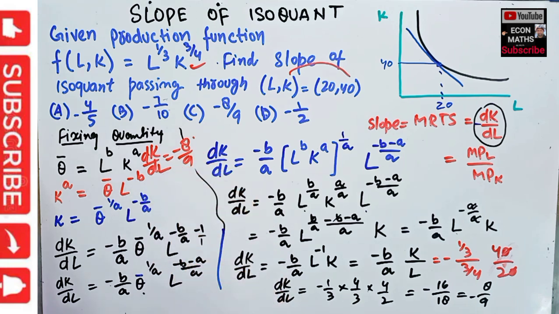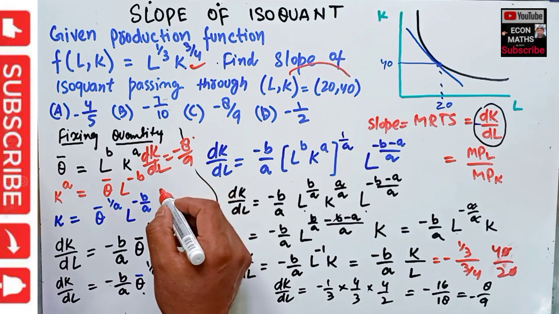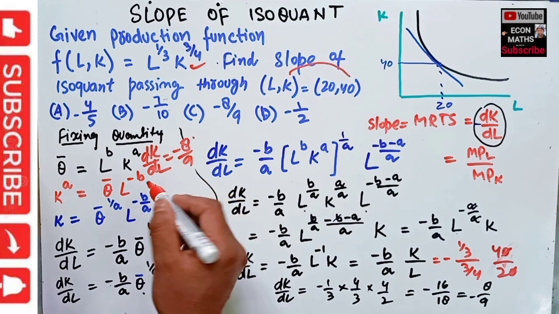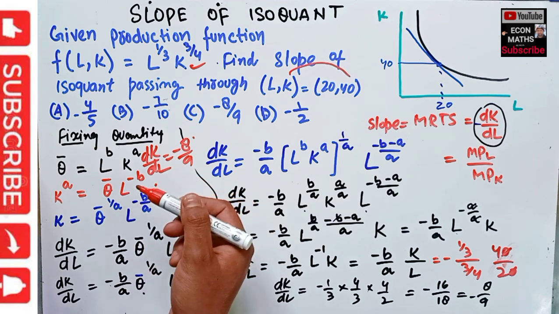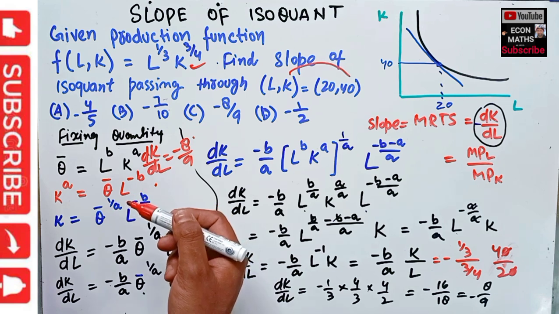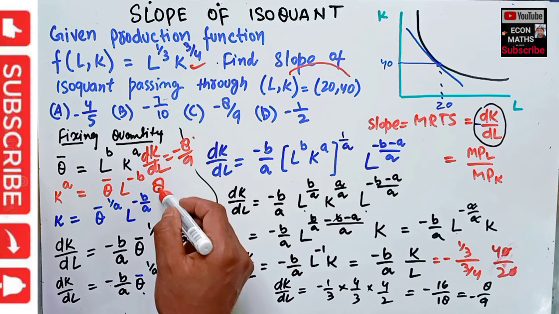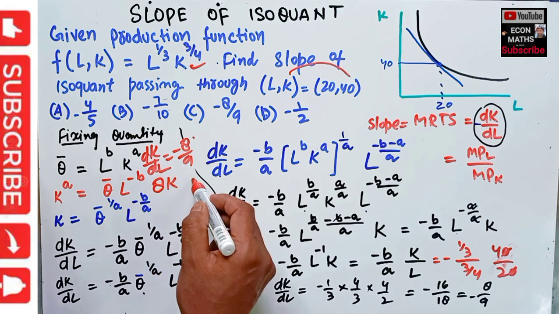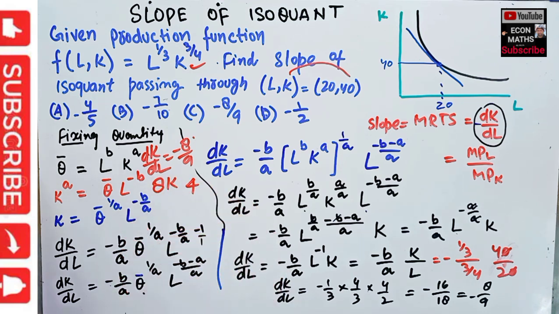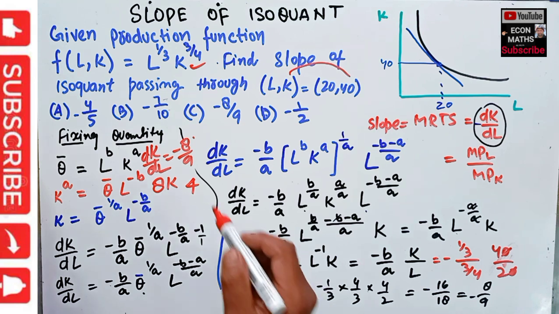It simply tells us that to produce the same level of quantity, we need to sacrifice, how many units? 8 units of capital for